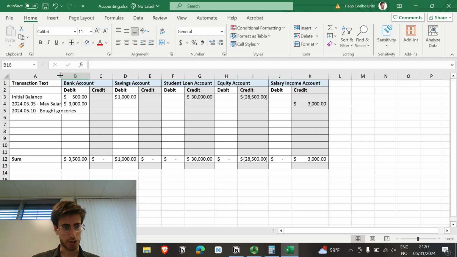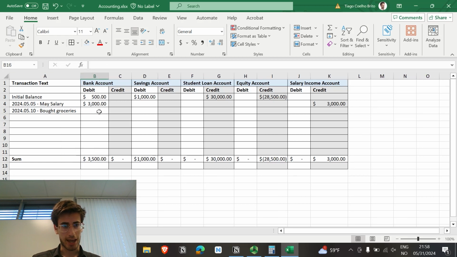To fix this, we can just click on the A column here at the side when you get this icon. And when you see the icon, you can essentially just click and hold, and then drag it like this. And he spent, let's say, $100 on groceries. So that means that the asset account of his bank decreased, so it's a credit. So here we credit